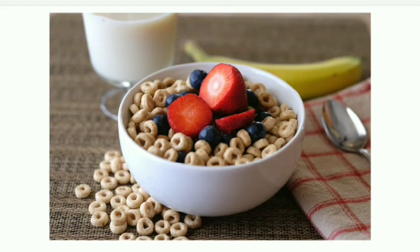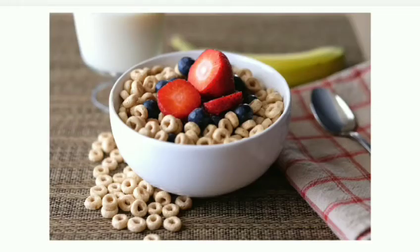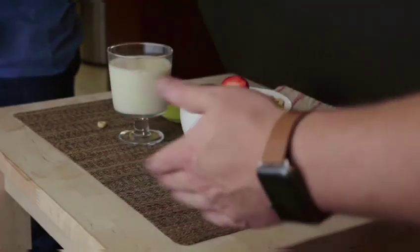So let's try and add in our black negative fill and go through the lighting. Okay, I've got our negative fill closer in there. And bam. The cool thing about this shot, having that negative fill, is you can really see that it brings in some shape on the spoon, which is really cool. The reflection is actually just the black part. If you had a bigger, blacker foam core, that would make the shape of the spoon look better. Also, it makes the spots on the strawberries on this side a little bit brighter,